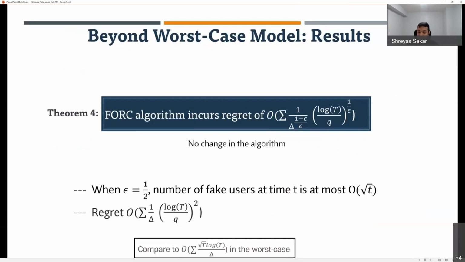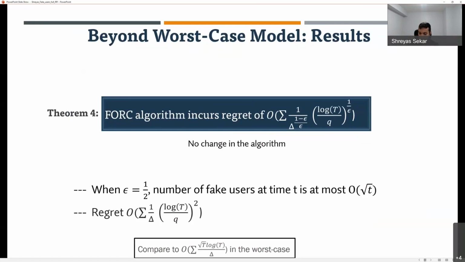The reason this gets you a much better improvement is that because the fake users spread out throughout your time horizon, the algorithm has a much higher probability of detecting them earlier on in the process. So from the point of view of the platform, this is a double whammy, because not only do you get better regret, but I also detect the true optimal product ranking much earlier in my process, leading me to quickly converge to an optimal ranking.